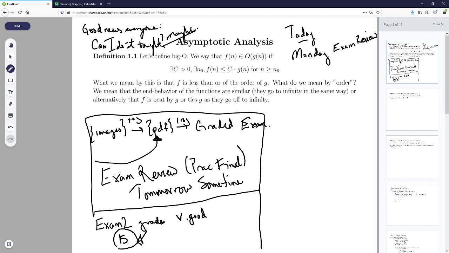All right, let's define big O. I'm sure some of you have seen big O before. If you're in my 201 class, you saw big O in the previous 2 lectures, so this is kind of going to be a review. We say that f of n, and you can say "is," that's what I was saying in 201. Really, I think the best symbol to use here is set inclusion.